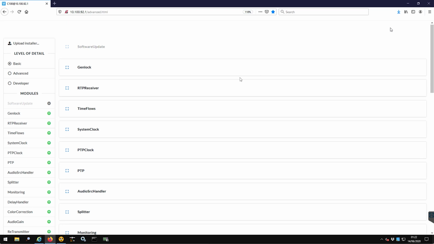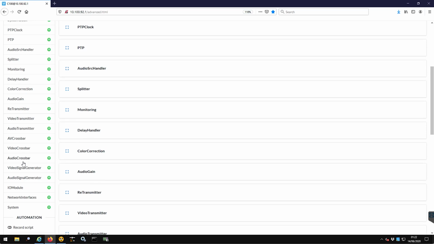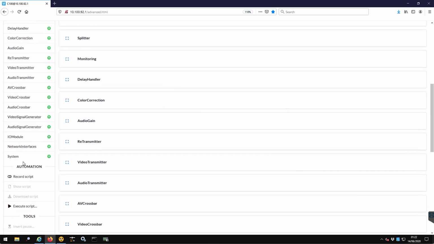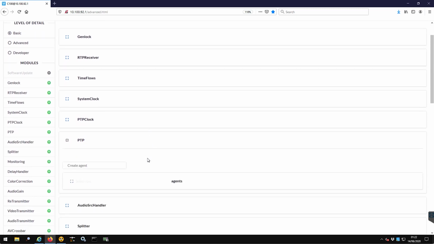To start our recording of a script, we can go down to the automation part, and there we can see that we have a record script functionality. To start recording our script, we can simply click on it and we can see that the start recording has been started. So in this case, what I would like to do is go into the PTP section and create a PTP agent. So if I press on Create Agent,